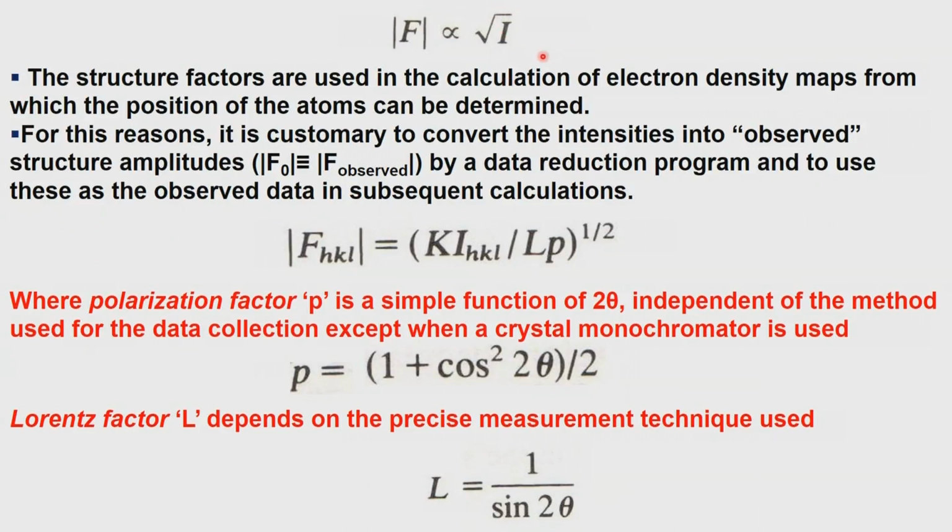Well, we have already learned some of these things, but I will go through it in such a way that we get a hang of what we have to do. This is again experimental data. So, experimental data will give us the intensity measurements. We have of course HKL identified. So, the modulus of structure factor is proportional to root of I. So, it is used in the calculation of the electron density map.